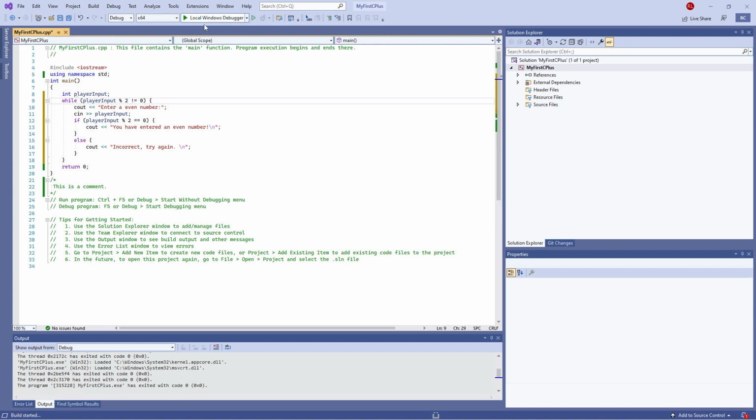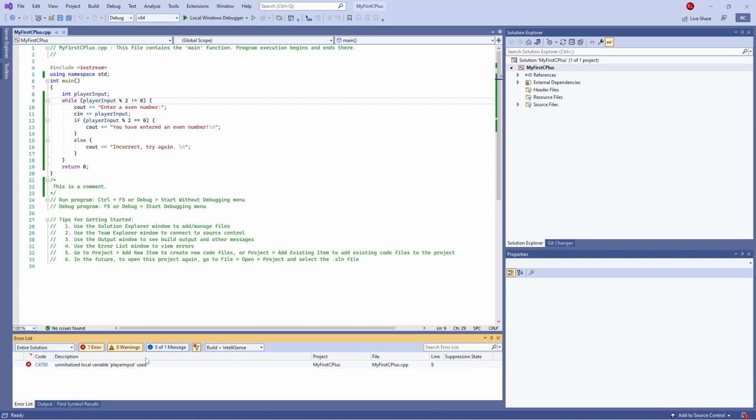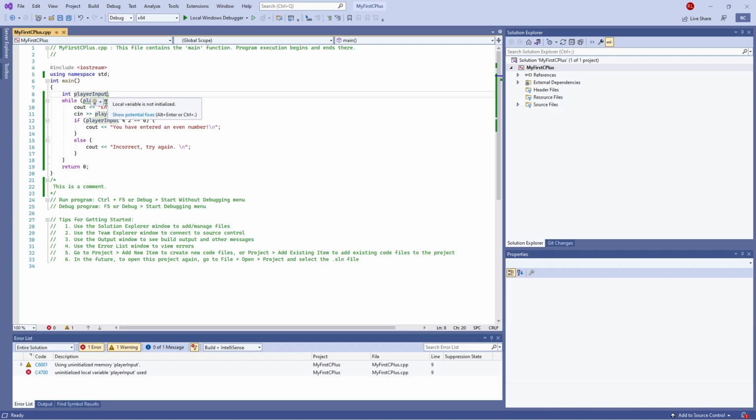So let's check that out in play mode. One issue we're going to have here is that player input has not been set yet. Player input by default is nothing, a null value, and you can't take a modulo of that. So what we're going to do is assign it a value here. I'm going to assign it 1. Player input modulo 2 will equal 1, which is not equal to 0, so it'll just loop this bit here. So if I go to play that now,